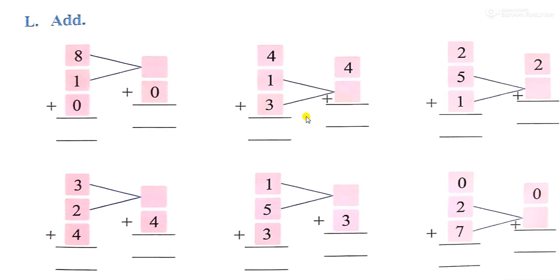Then this is the next order. I have told you, in any order you want, you can add the numbers. See, this is the first order, this is the second order. We directly put the answer 4. Then next one, 1 plus 3. So what is the answer, students, here? 1 plus 3 is equal to, count it, 3 plus 1 is equal to 4. Yes, 4 plus 4 is equal to, yes, the answer is 8. The rest of all you have to do yourself.